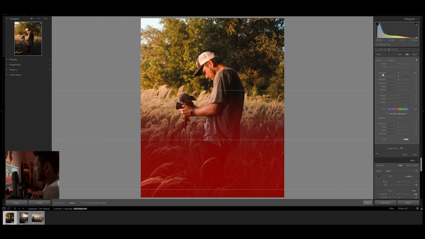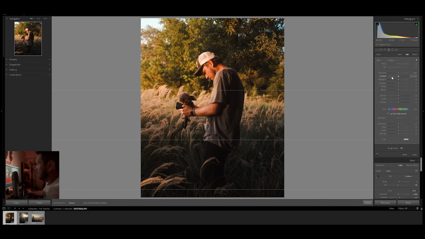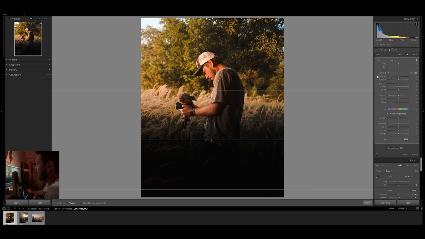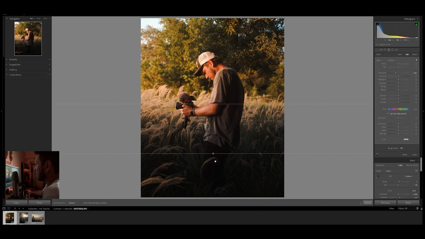So I usually try to expand it as much as possible. I'll hit O again, and then I'll start darkening it here as much as it naturally looks, because you don't want to go overly dark and just go bam. Well, that looks like poop. You don't want to be too dark on that end. So I usually bring it about a stop down or so,